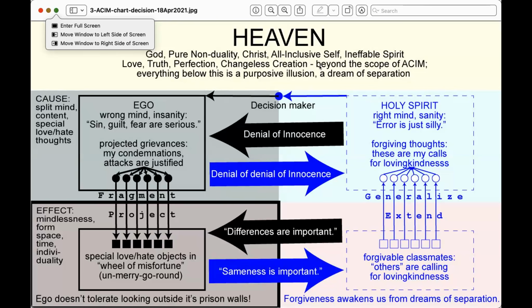And the arrows in that other, the mental level, which is really where all this takes place, the physical level really isn't there. But then again, this whole dualistic level really isn't there either, because everything from that blue dot that originated in those 2 lower portions of the chart, the kind of bluish and pinkish whole swaths, it's all made up. But forgiveness is the part that takes us back to that blue dot, with the little blue arrow at the very top of the mind section there, the cause section. And it does that by denying the denial of innocence.